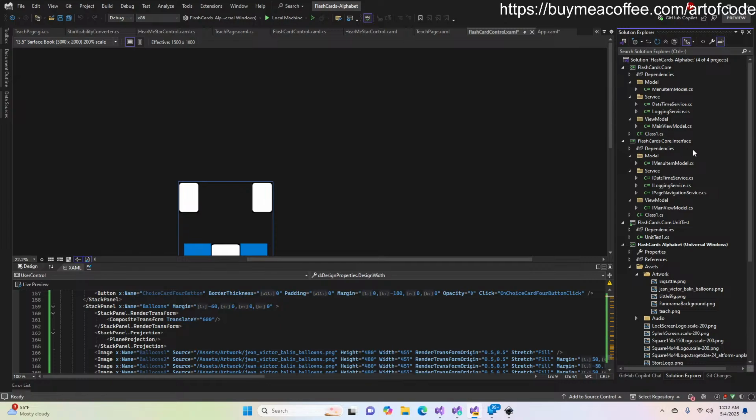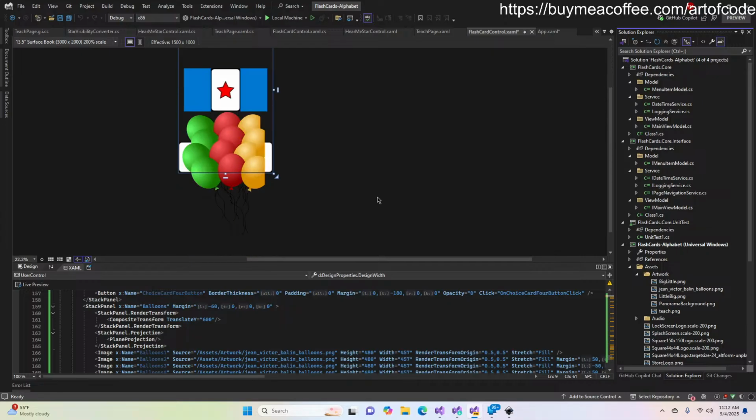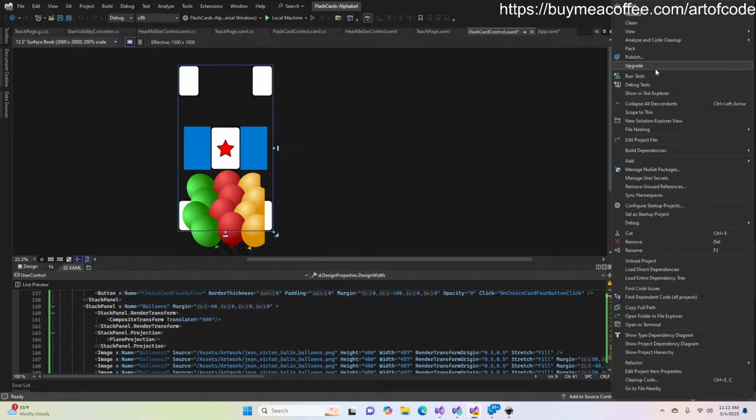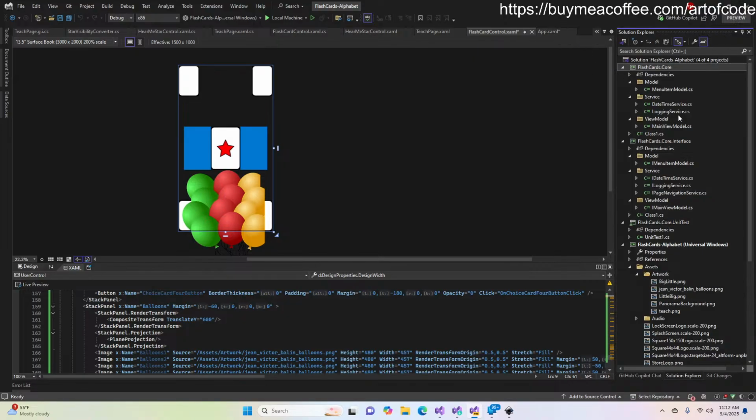So, in order for us to truly make this a testable app, we need to create, all right, so what I am going to do,